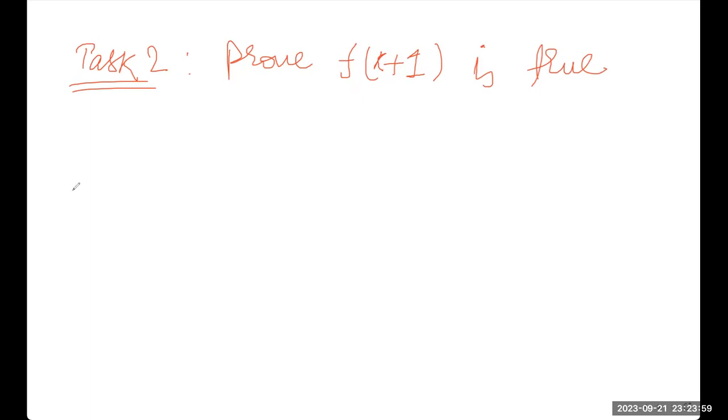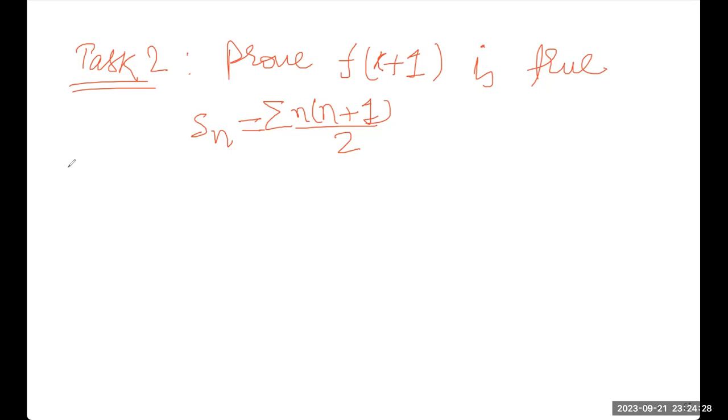So let's apply the principle of mathematical induction on this. The sum of the first n natural numbers is n into n plus 1 by 2. Let's see how, for the sum of the first n natural numbers, Sn, as I am naming it, the principle of mathematical induction works here.